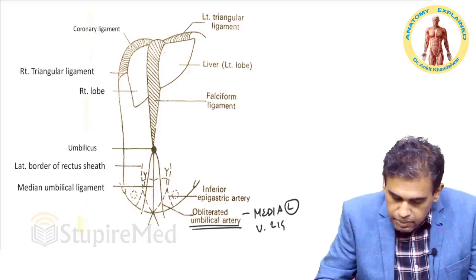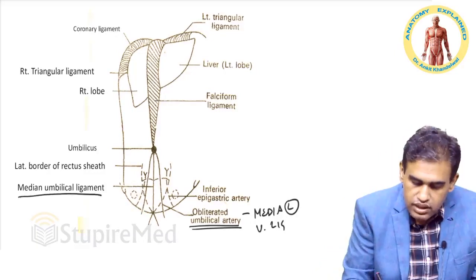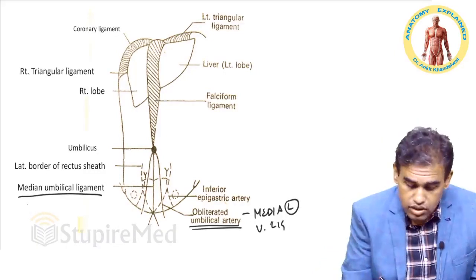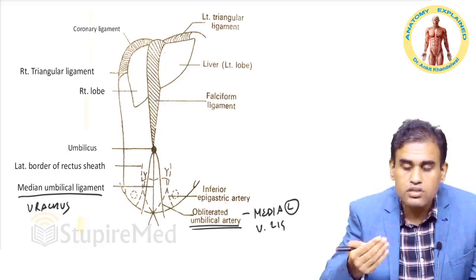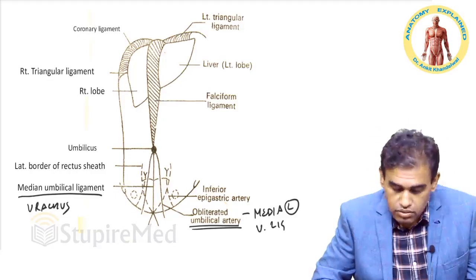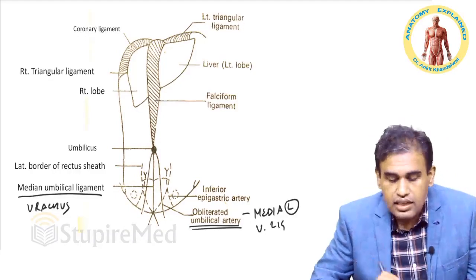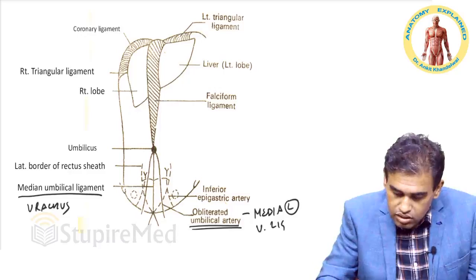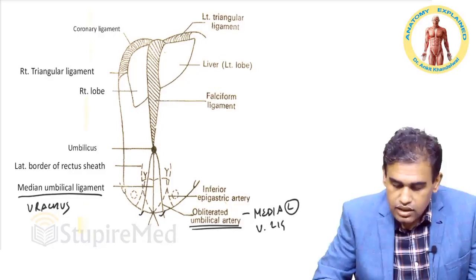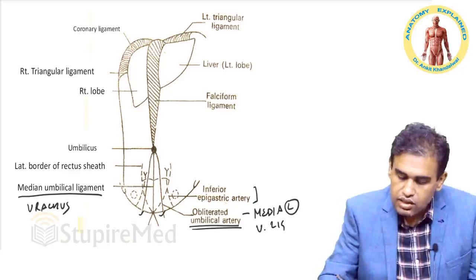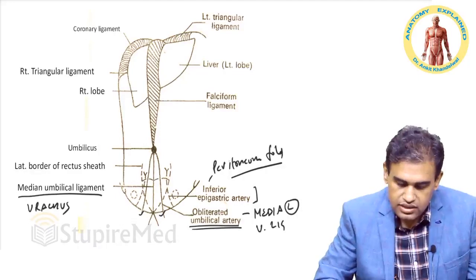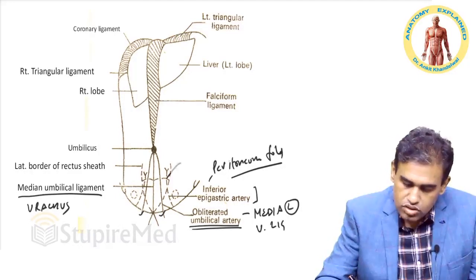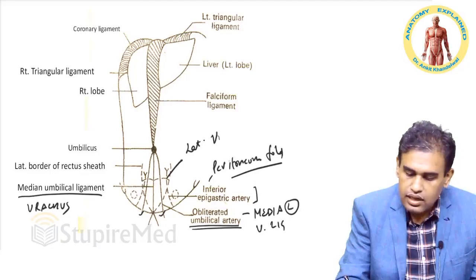That, coming from the apex of the urinary bladder, forms your median umbilical ligament, that is the urachus. The urachus from the apex of the urinary bladder forms the median umbilical ligament. So median is single, you will have two medial over here and over here, and then you have the inferior epigastric artery. Now the peritoneum around it makes a fold, a peritoneal fold around the inferior epigastric artery, and that is called the lateral umbilical ligament.